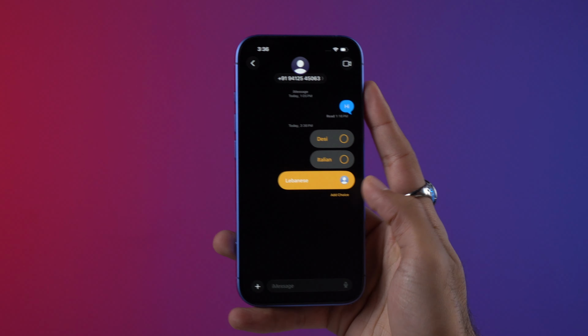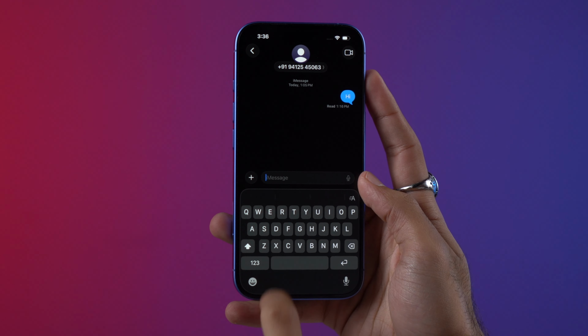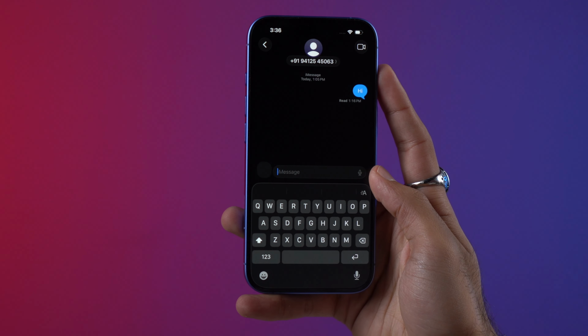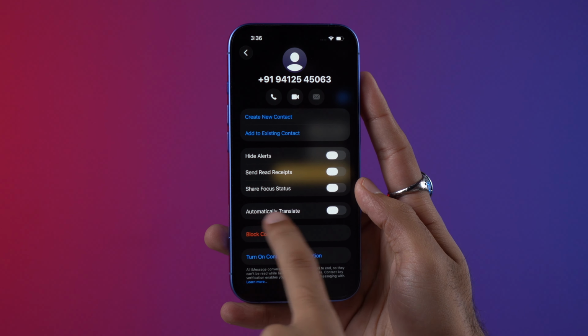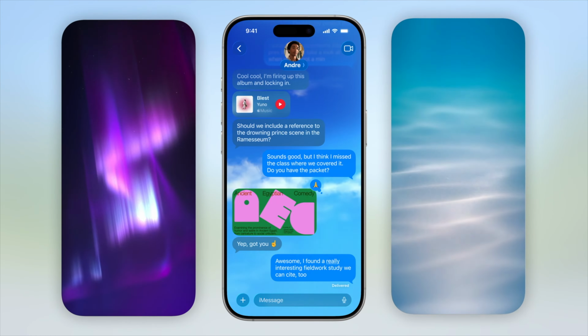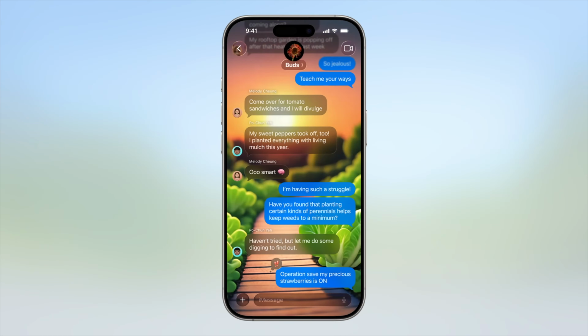Next is iMessage. It has also gotten some of that glow up. First up, you can now send polls in the chat. Nice addition, but I don't know why people are getting so hyped about it. To start a poll, just simply tap on the plus icon and create a poll. And you also get a live translate feature within the app. Just click on the profile picture, scroll down and turn the toggle on. And lastly, you can even make the chats look even more personal with a custom wallpaper.